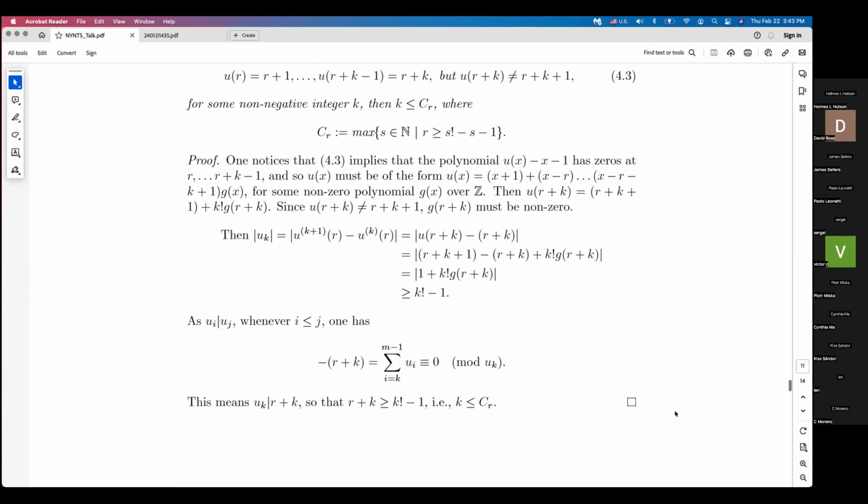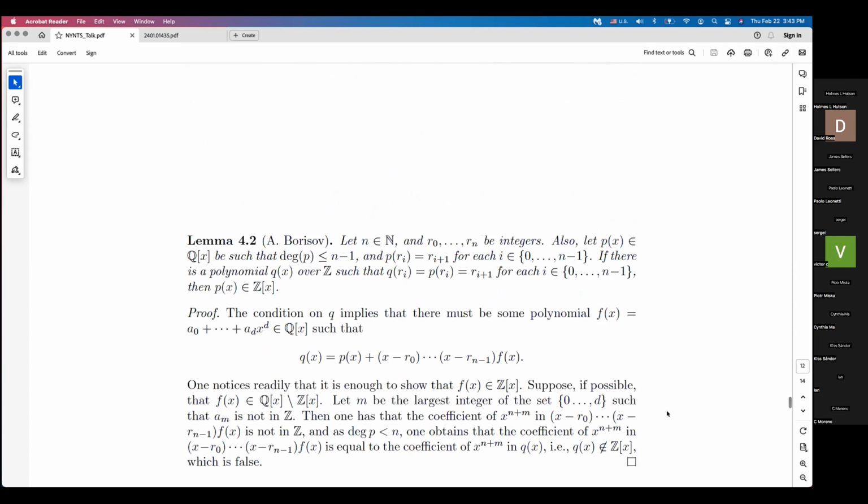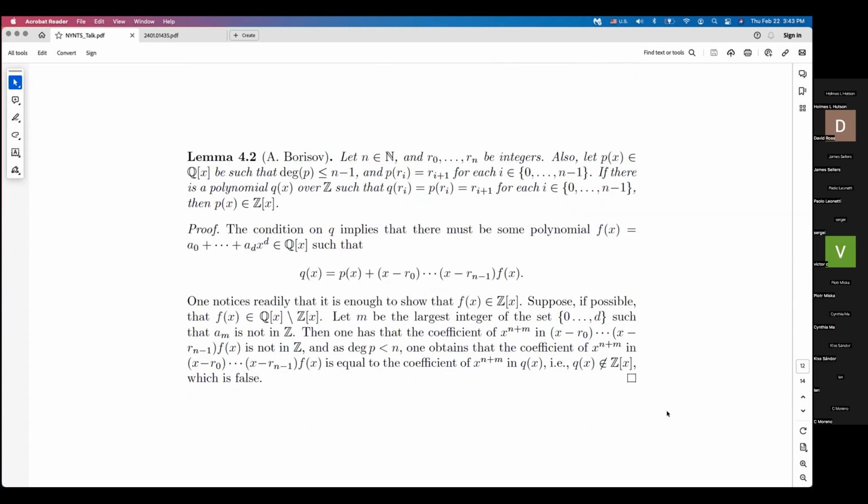And finally, another thing which was used is this one. This is formulated and proved by Professor Borisov. And he has a paper on arXiv, which he uploaded very recently, I think at the beginning of February, where he also uses something similar. I think it also appears with the proof in his paper. So this is what I was saying, that this is really a problem about the integers.